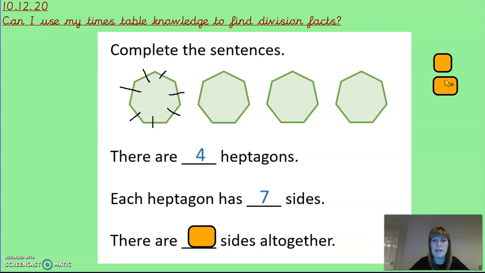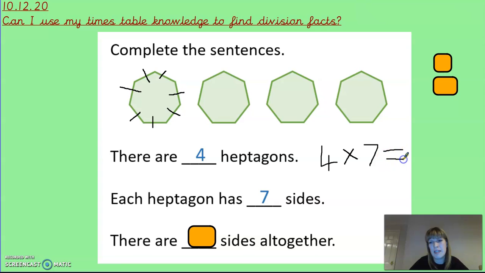So there are how many sides altogether? So I've got 4 heptagons and I've got 7 sides. I wonder if you could write down what number sentence, what question can I ask to find out how many sides there are altogether? Okay, well done. So I could have 4 times 7